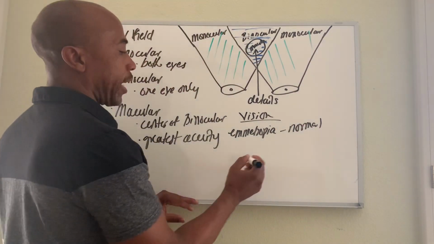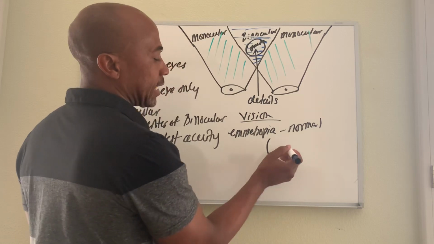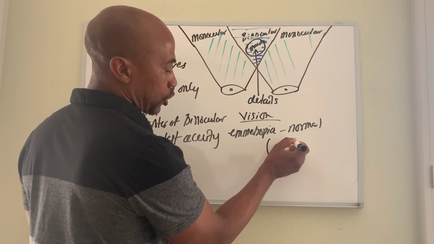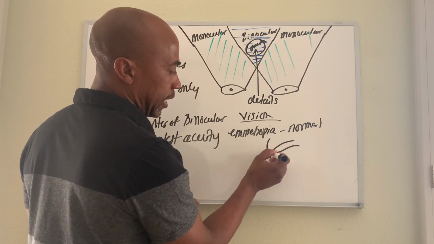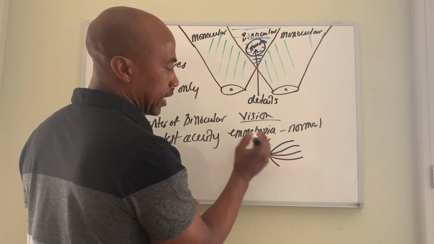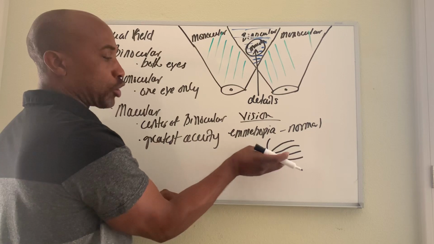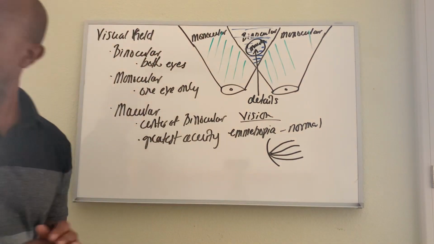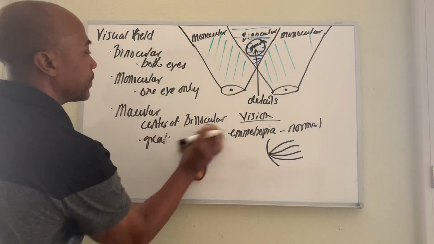Then you have vision where, so this is your retina. As light comes to the retina, it has to converge into a point. So here it converges there, converges there, converges on the same point on the retina. This is emmetropia, normal vision, where all the light rays converge to a focal point on the retina in what we call, whoa, lost my eraser. Sorry, it is. In what we call